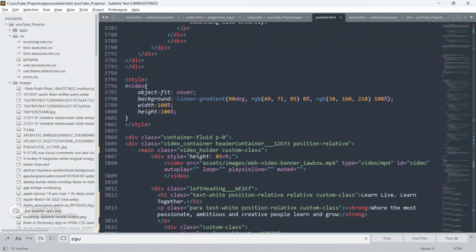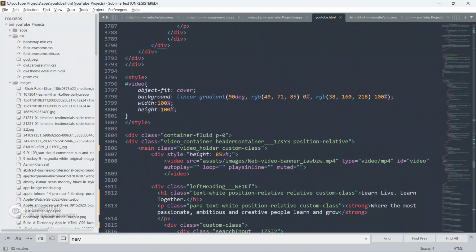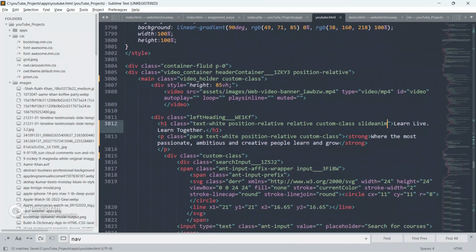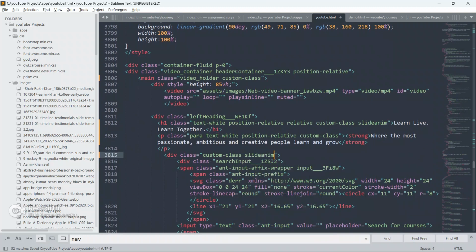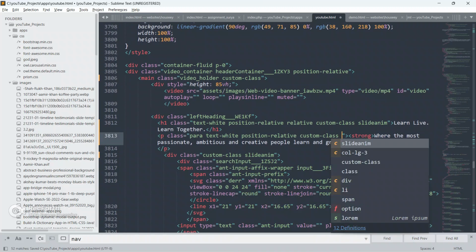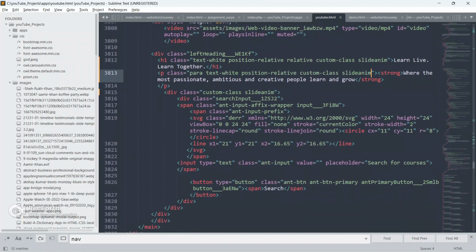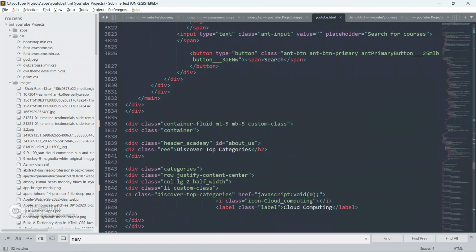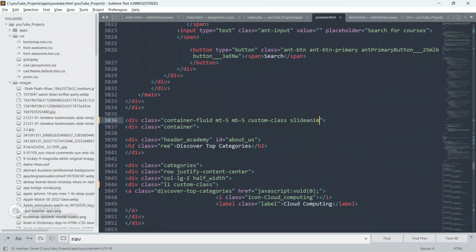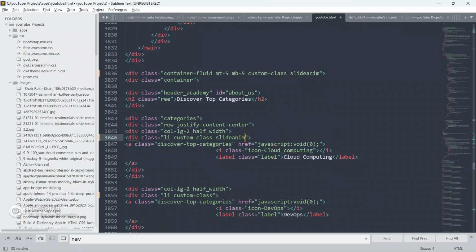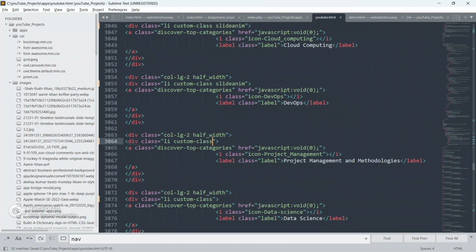Go to the code now and apply the same class on the elements you want to put the animating effect on. So put it here also, put it here also, go up, put here also.